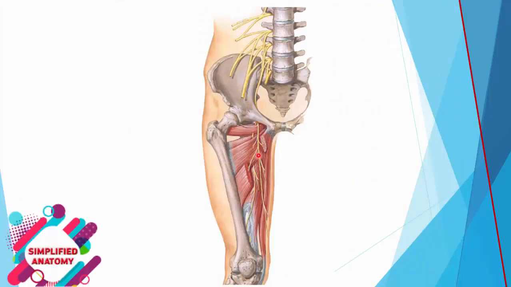Identify this nerve. This nerve of the medial compartment is the obturator nerve. This is adductor brevis. The removed muscle is adductor longus, and this large muscle is adductor magnus. This muscle arises from the outer surface of the obturator foramen and is called obturator externus, and the most medial muscle is gracilis muscle. So this nerve is the obturator nerve.